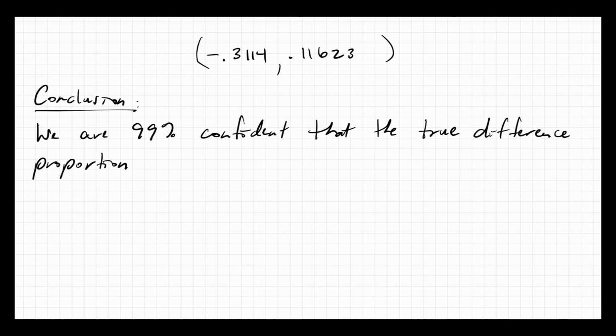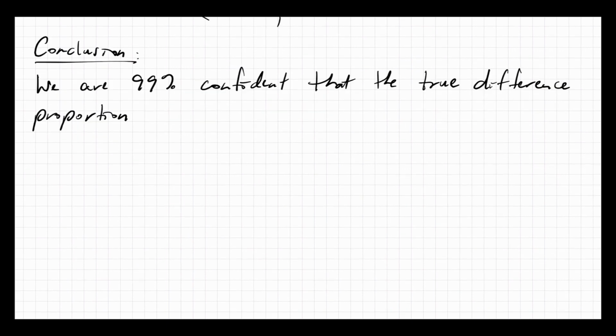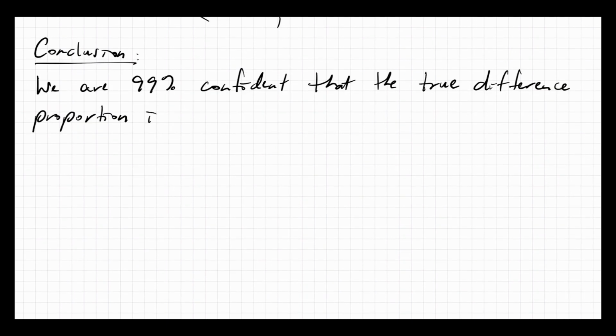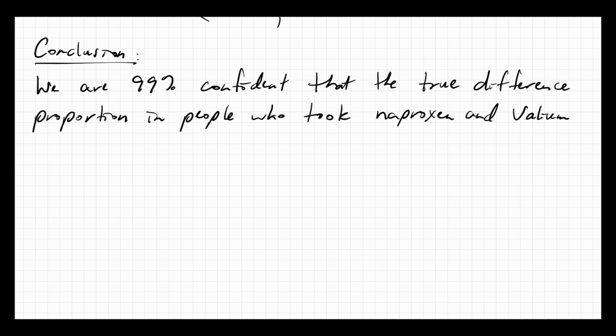We subtracted people who took both drugs minus people who just took one drug. So we would say true difference proportion in people who took naproxen and Valium versus